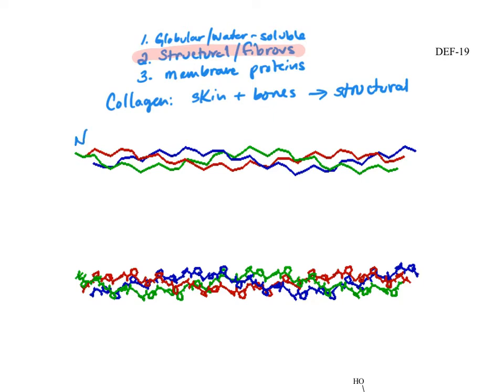Now, this protein has 3 chains that twist up on themselves, and you can think of this very much like 3 strands of a rope. If we have 3 peptide chains and they are wrapped and coiled around each other, that gives them strength, just like strings brought together and wrapped around each other make a rope and give them strength. So we have what's called great tensile strength